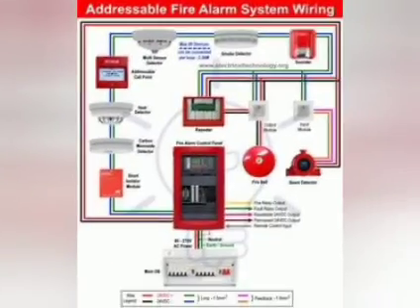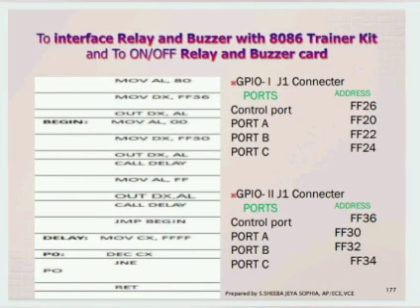Likewise, a fire alarm for indication of fire in the building, for indicating any danger in the building. So an alarm can be fixed. The alarm controller can be used in many large scale applications like this. So this is the hardware description of the relay and buzzer interface. You can see here it is a 20 pin connector. There are 6 relay modules and 2 buzzer modules, and no connection pins are also available, along with VCC and ground pins. This buzzer is used to produce the output, and this is the corresponding program to interface relay and buzzer with the 8086 trainer kit.